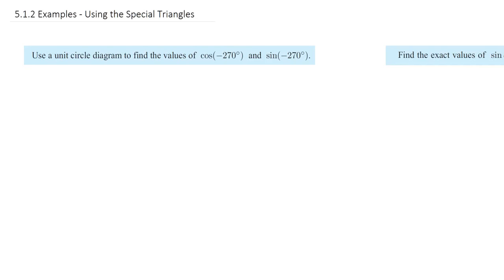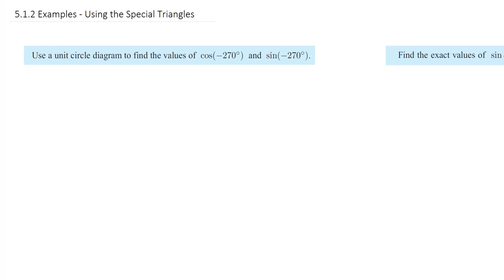Hello everybody, now we're going to have a look at some examples using the work from the unit circle. This is built into two sections. This first one is going to look at the special triangles in particular and some properties of the unit circle. So example 1, use a unit circle diagram to find the values of cosine of minus 270 degrees and sine